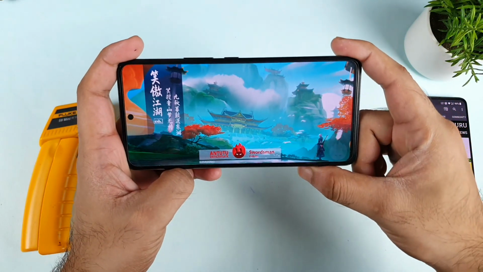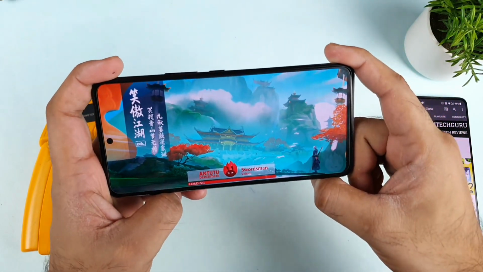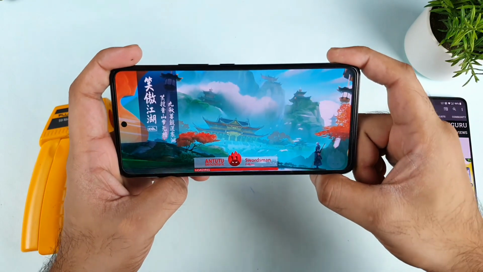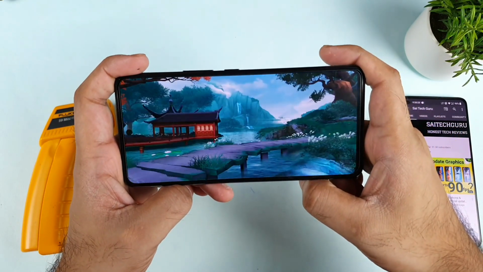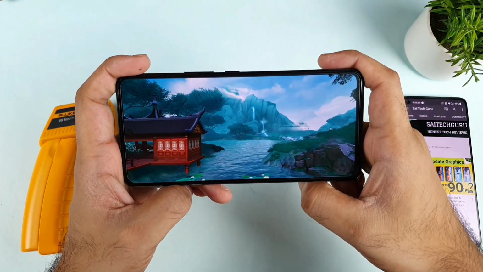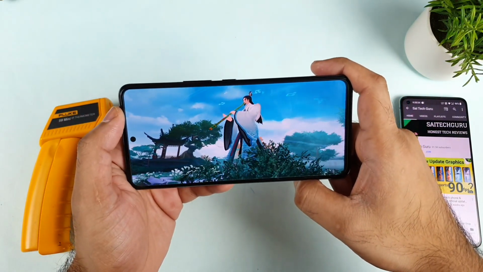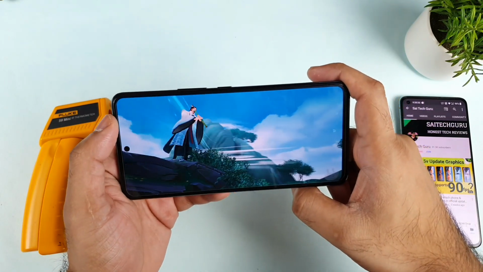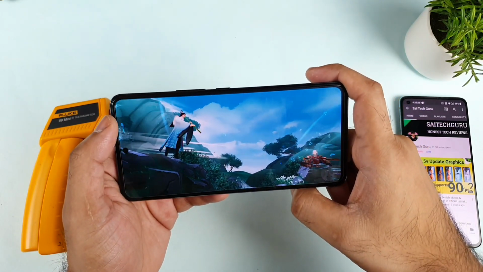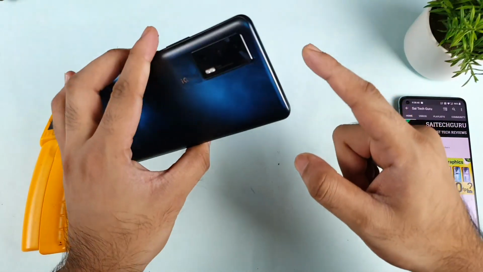This is going to be really interesting, friends, because in the previous versions I got a score of about 7 lakhs. 7 lakhs 7,000, 7 lakhs 8,000 was my highest Antutu benchmark score in this iQOO 7 device during the demonstration. But right now, let's see with the latest version how much Antutu benchmark score we can actually expect in the iQOO 7 device.